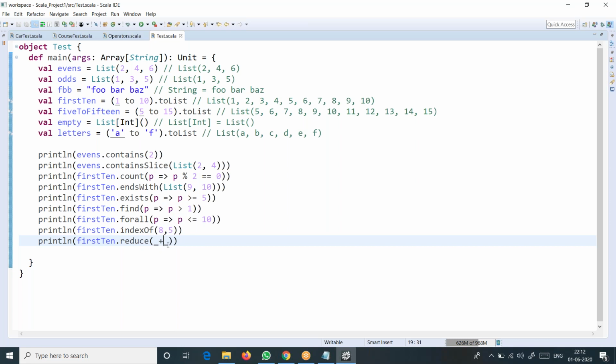Initially the first two values are passed to this, then they get added. And again the result is added to the next element. In that way it performs a cumulative sum here. What do you mean by cumulative sum? After each addition the result is added to the next element. That's what it's called, cumulative sum, or cumulative product, cumulative difference, like that. So that's all, sir.